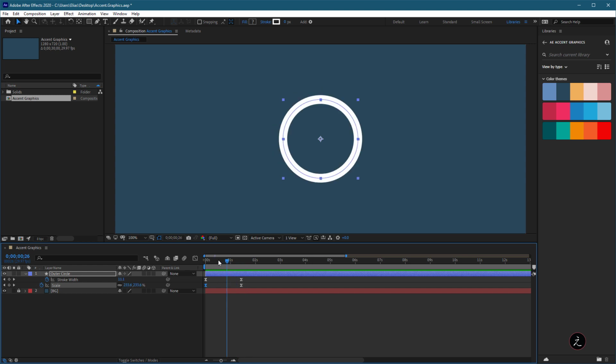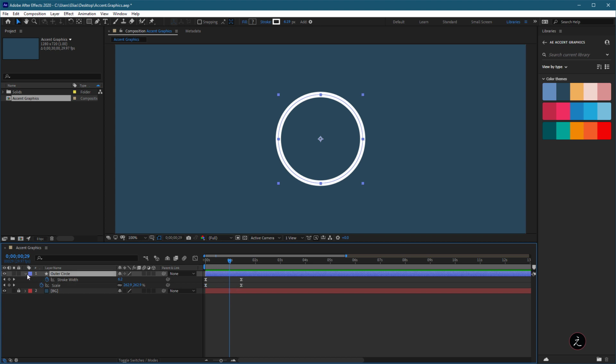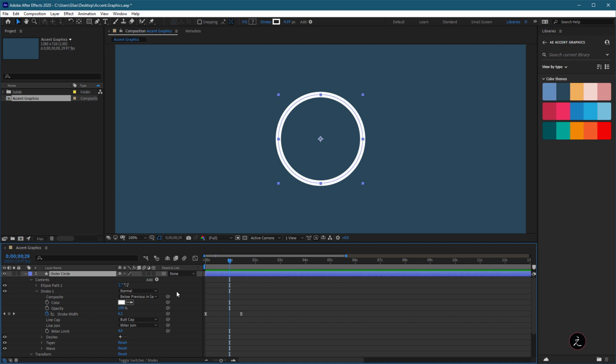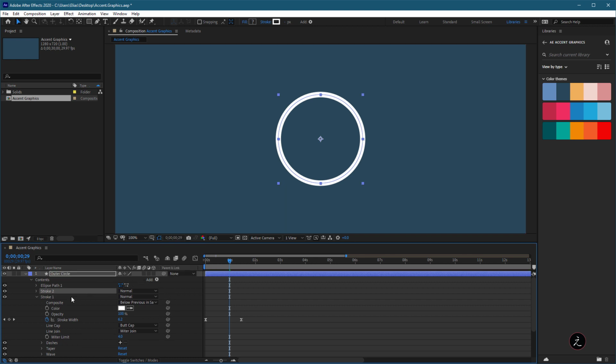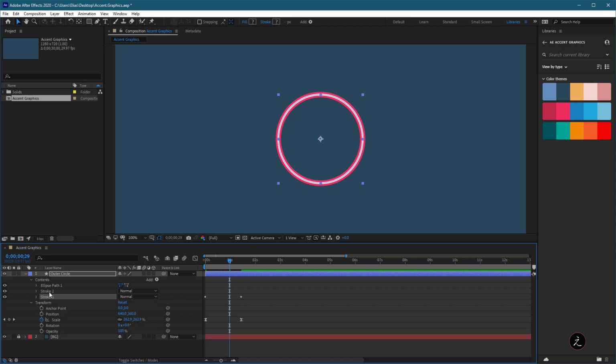Not bad. See that motion? I like what I see. All right, and the timing I think is okay for now. Let's go ahead and actually add one more thing. I'm going to go back to the Add menu, click on that, and I'm going to add another stroke. So I have two strokes. First of all, let me change the color of the first stroke here, and perhaps use this color. There we go. And now we have the second stroke.